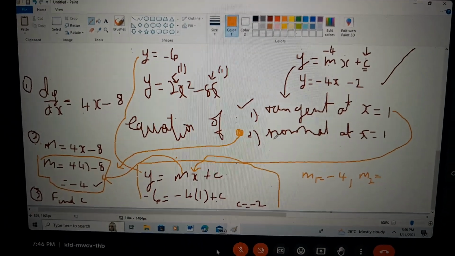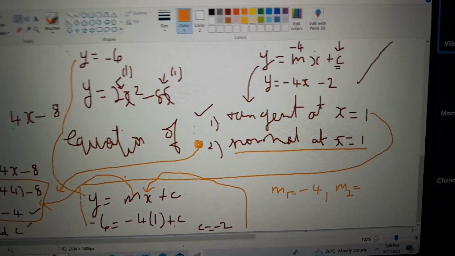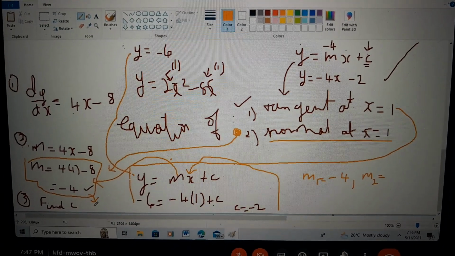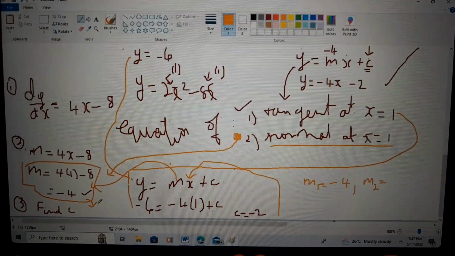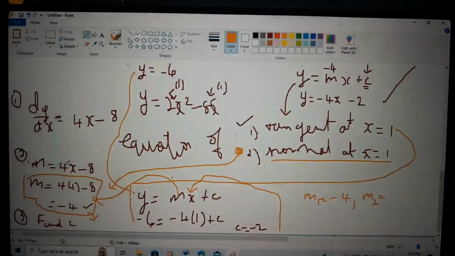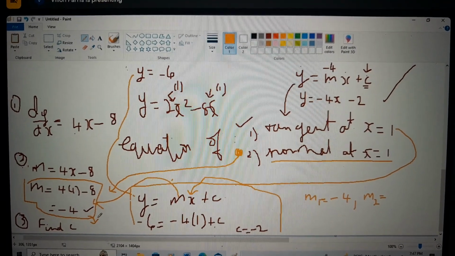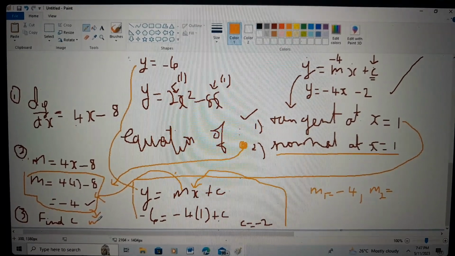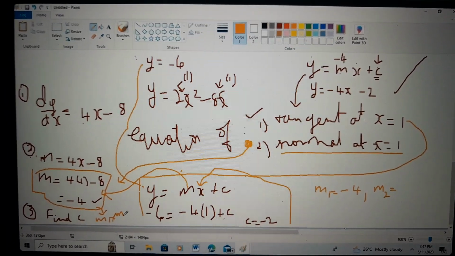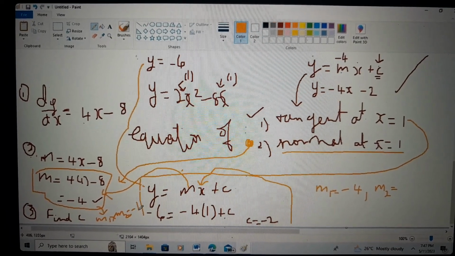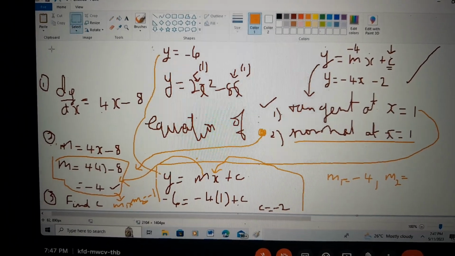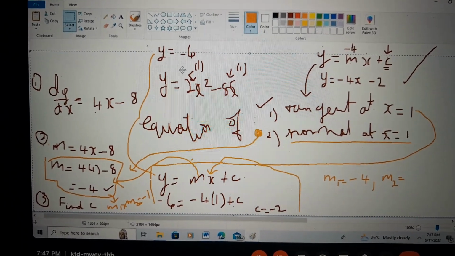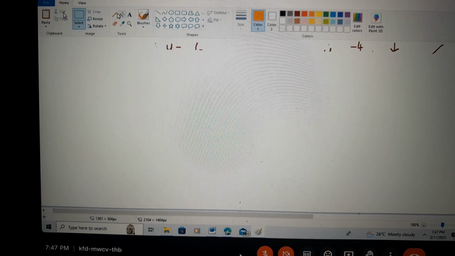When you find the equation of a normal, you need to find the gradient of the normal. That's the only additional step. When you differentiate and find the gradient, it's not the gradient of the normal. You get the gradient of the tangent. So what you need to do is use this formula, M1 times M2 equals -1, to find the gradient of the normal. Right, so I'm going to just take out all of this because I really want you to get this. So when we find the equation of a normal,